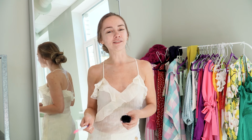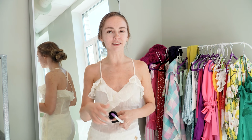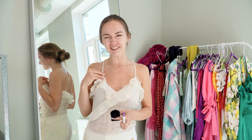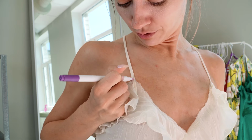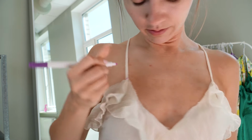Once you have pinned down the straps, I highly recommend to take a marker and mark them and then take out the pins, because if you leave the pins in and take off the dress, then you can really hurt yourself with the pins. So let's mark the upper edge of the strap, like here it goes next to the...